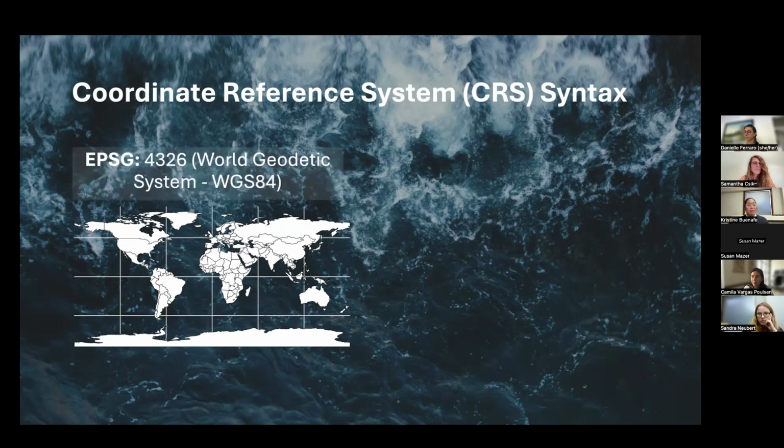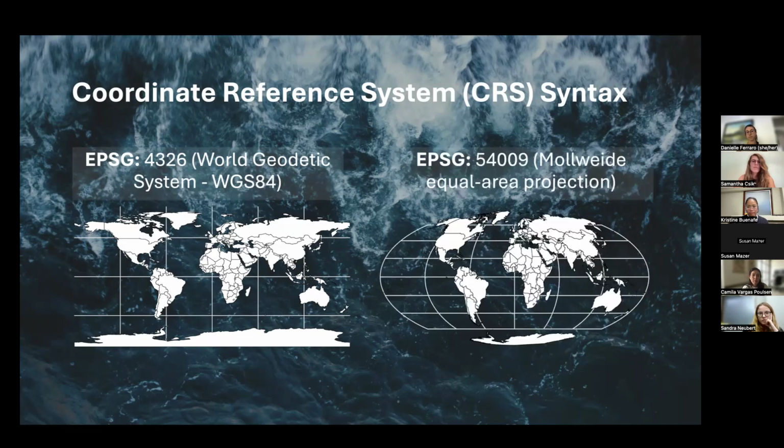First is through an EPSG code. This is just a numbered code, and you can look it up online on Google to know what numbered code it is for the different reference systems. This is one of the most common ones, the WGS84, World Geodetic System, and this is its EPSG code. But if you use a different projection, you can imagine it looks kind of different. This is a Mollweide equal area projection, which we will be using in this